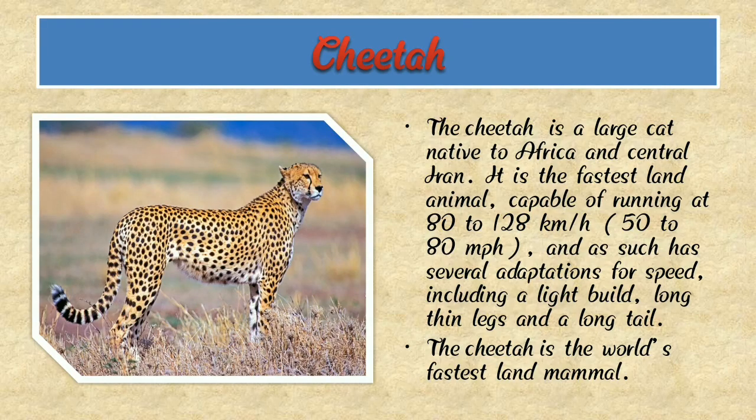And then cheetah. So here we can see a photograph of a cheetah. The cheetah is a large cat, native to Africa and central Iran, and it is the fastest land animal, capable of running